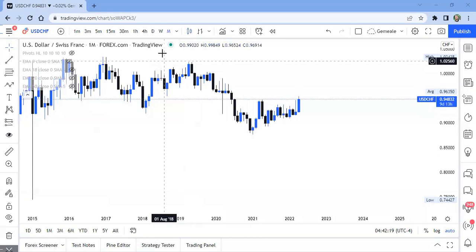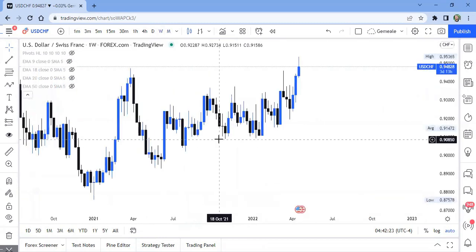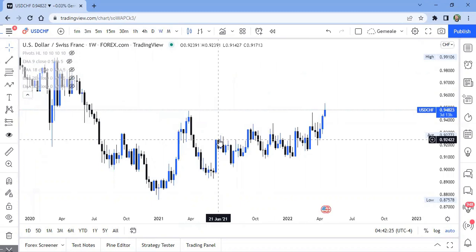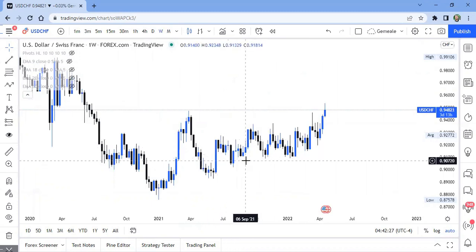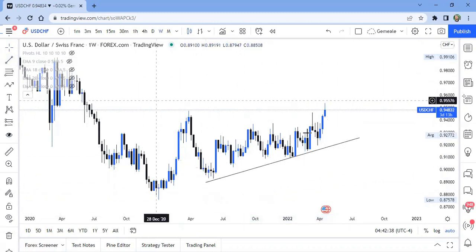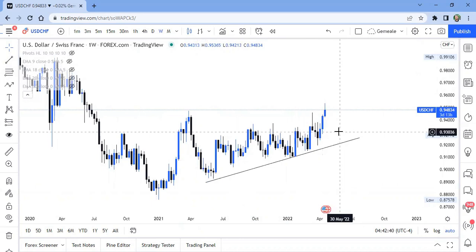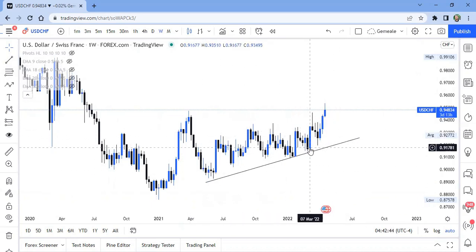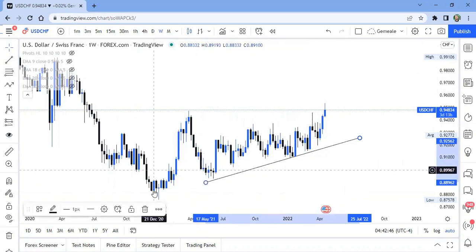Good. Okay, so now we're going to look at the weekly time frame. Okay, so we can see some more information here on the weekly time frame. We're going to ask ourselves the same question. What is the current market condition? And as we can see, we are bullish on the weekly, okay? 1, 2, 3, the past 2 weeks before this one, we have been bullish and the trend is slowly rising